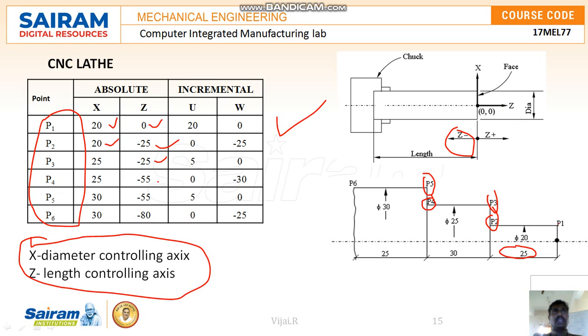This is absolute. In the case of incremental, the first position is 20, 0, but for the second position it will travel only in the direction of z, not in x, so we give z minus 25. It is not moving in the x direction, right? From P2 to P3, it has to move only in the x direction, a positive value, only 5 mm. Just like this, here it moves only minus 30 in z, and here it will move in the positive direction, diameter increasing, and its z value is minus 25. So for incremental, whatever the value is, it is from this point how much